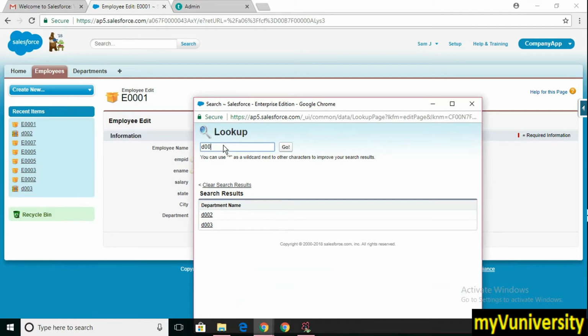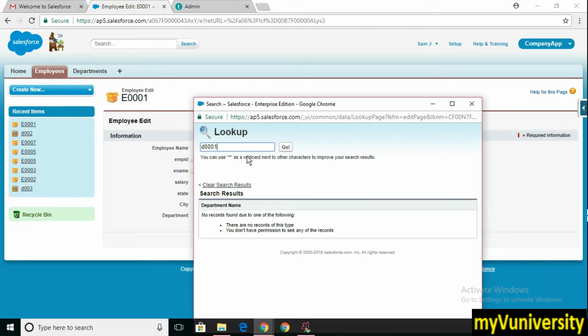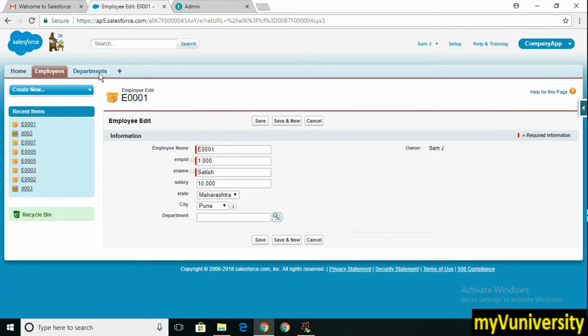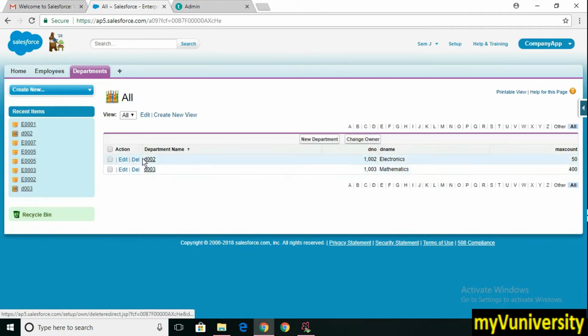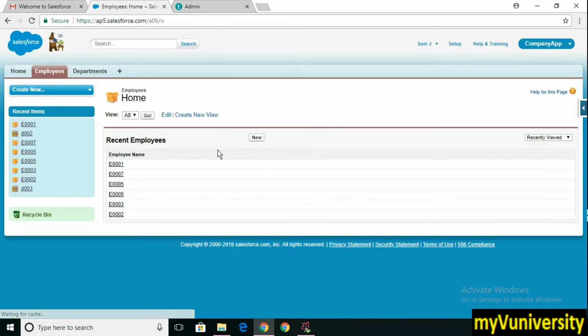I could say D001 and get that also, but I think that got deleted already. Let me see how many departments there are first. There are two departments only, so of course we will see only 2 departments there.